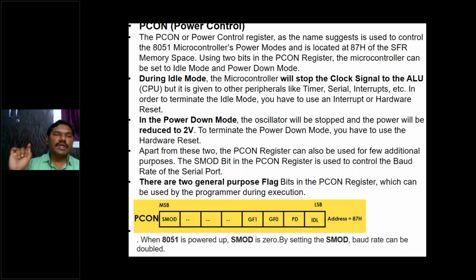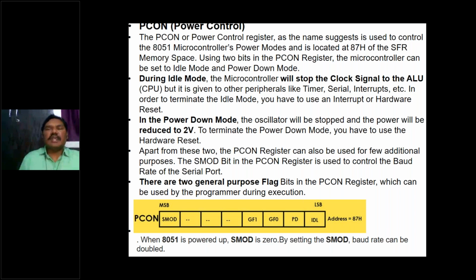This is the equation we have to use while calculating the baud rate generation. So 2 power SMOD: if SMOD is equal to 0, it is 2 power 0, which is 1. If SMOD is equal to 1, it is 2 power 1, which is 2. So the data rate can be doubled.